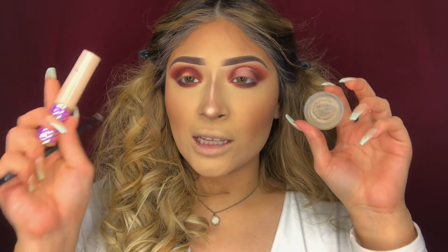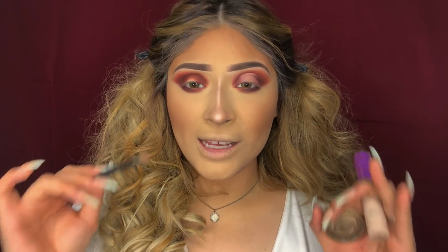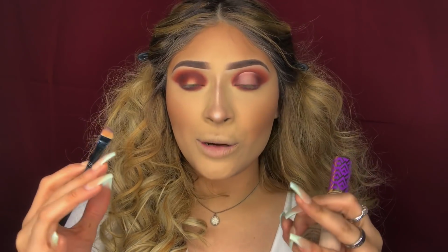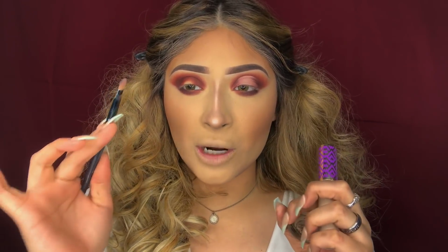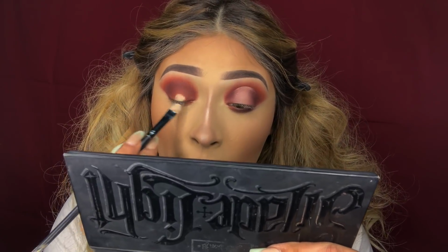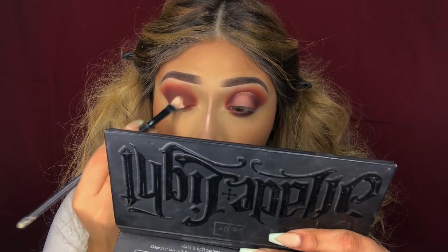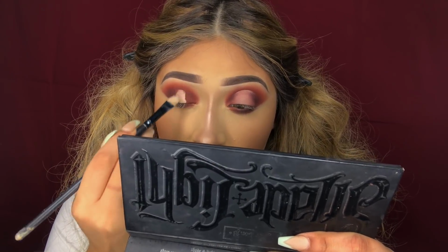I did already cut the crease in the center here and created a halo eye with this MAC Soft Ochre Paint Pot and a little bit of the Tarte Shape Tape mixed in together. For this cut crease and halo, you really want to make sure you have a really flat brush. So you do want to just cover up the brush with the Soft Ochre Paint Pot and Shape Tape concealer, and I am going to be applying this right onto the lid first and kind of slowly start dragging it